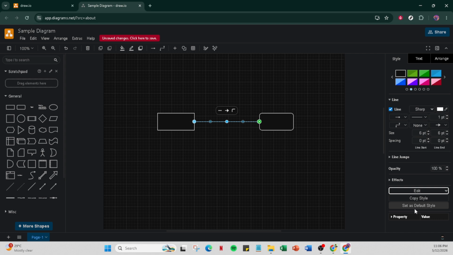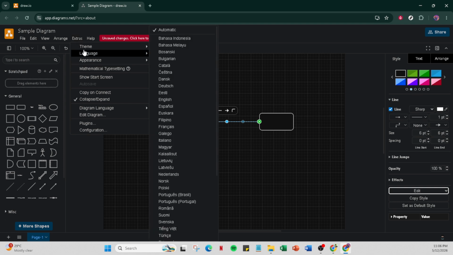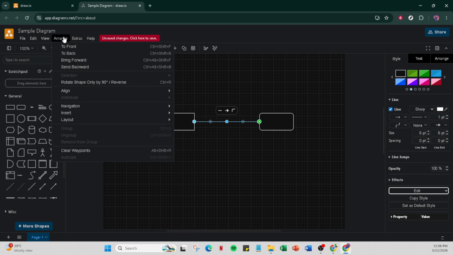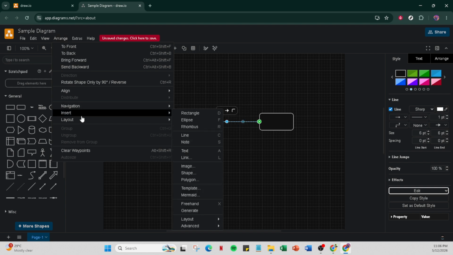When Draw.io comes back up, open the Extras menu again and look for Animation. That menu provides more advanced controls you can apply to your selected shapes, letting you fine-tune how elements appear and move in sync with your connectors. Take a moment to preview the motion on your canvas and adjust your selections until the flow tells the story